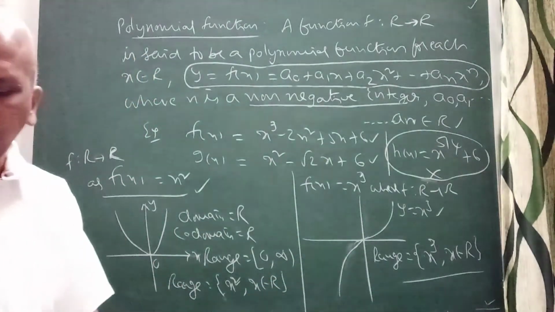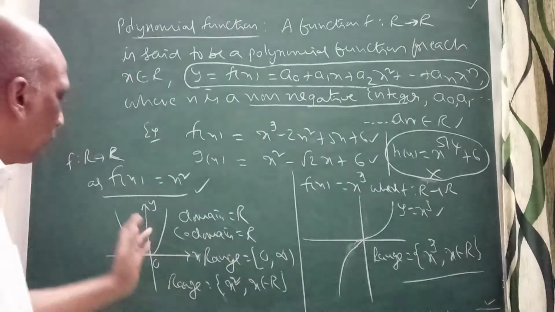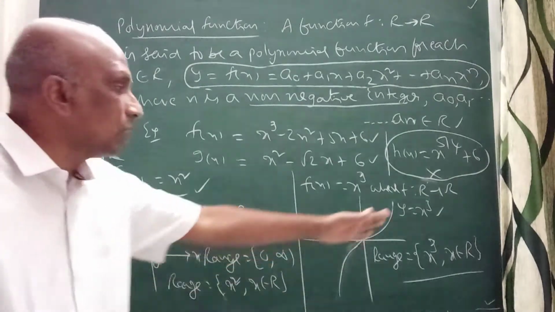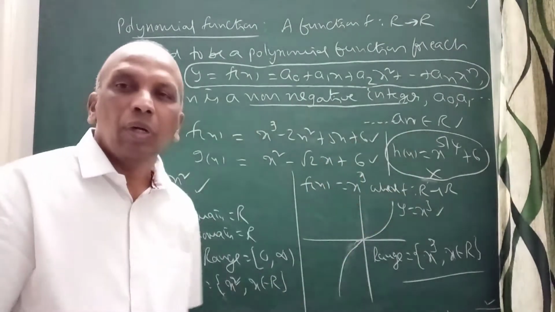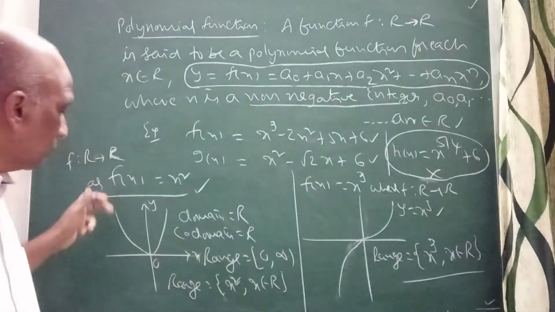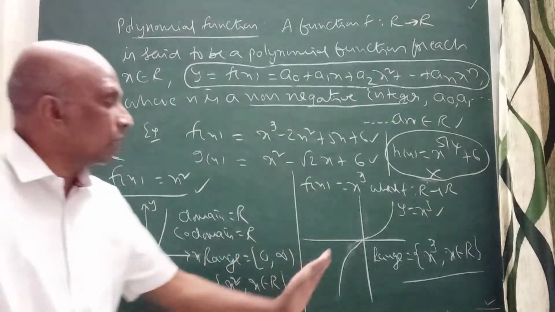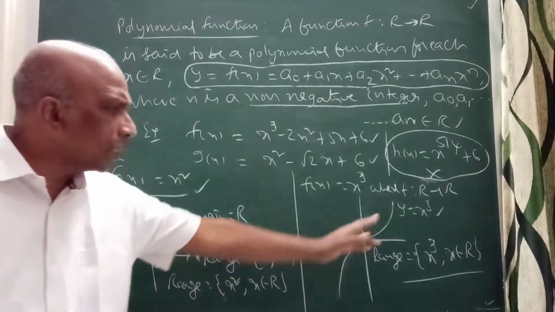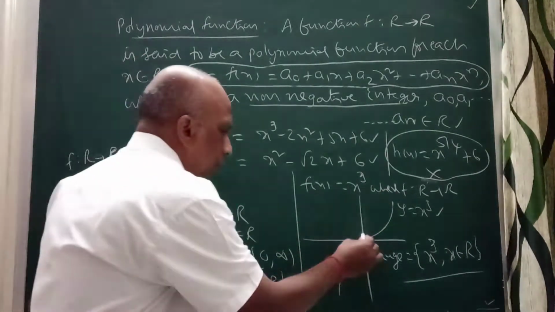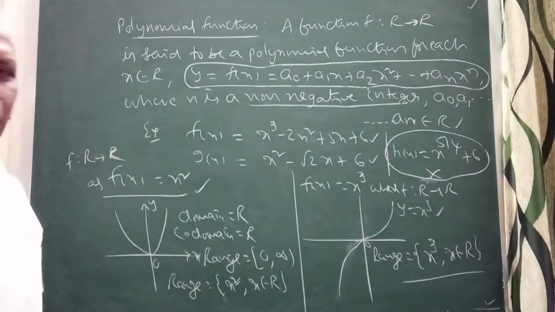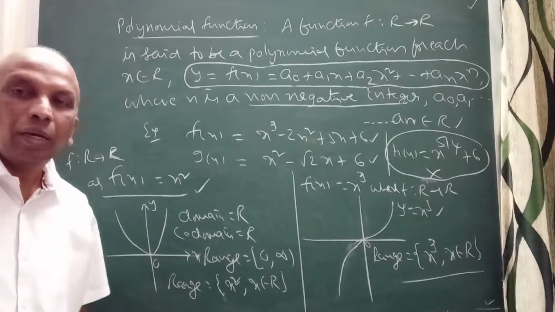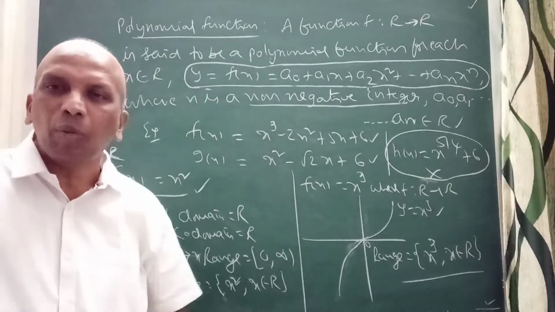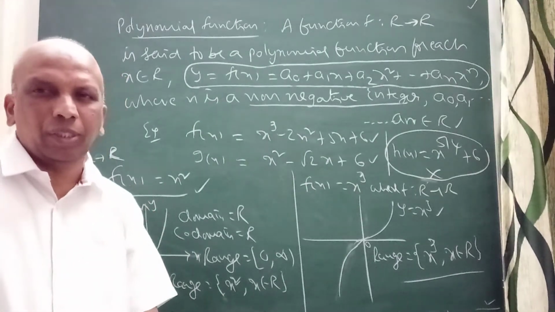Correct? I can discuss about the polynomial function like this. So the graph of this is the graph of polynomial function, parabola. This is a second degree, this is a third degree. Both are continuous graphs, right? Here this is a continuous graph passing through origin. And like passing through origin, this one, y equal to x cube. Like this we can discuss about the polynomial function. These are the two examples about the polynomial functions.